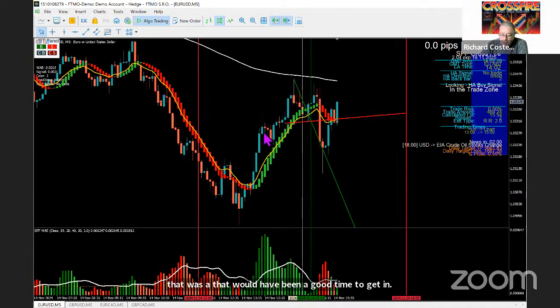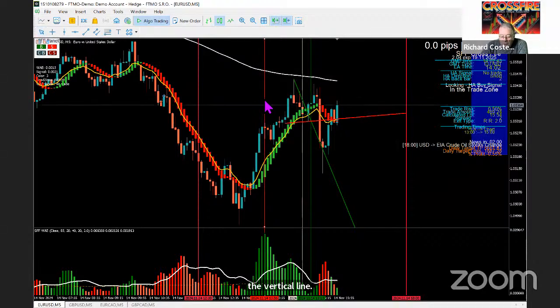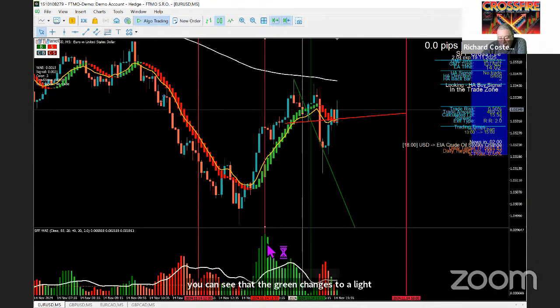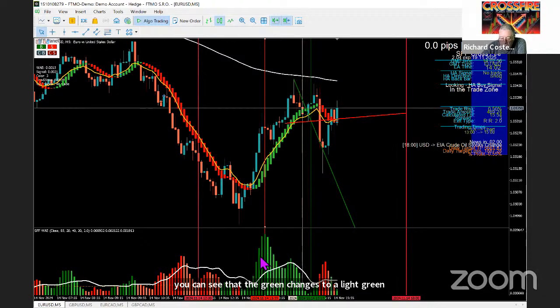And then, as you can see, we got to that candle there, and this is where I use the vertical line. So up to that candle there, we were good to get in for a buy. But after that line, you can see that the green changes to a light green, and the histogram bars start to step down in value. So they were stepping up, stepping up, stepping up. Then they start to step down. That's a good time to get out,